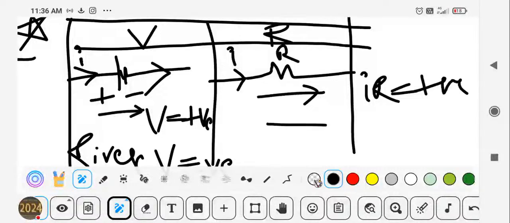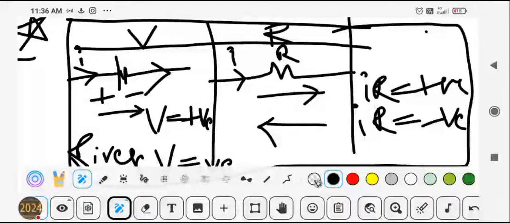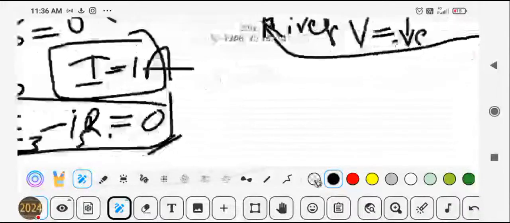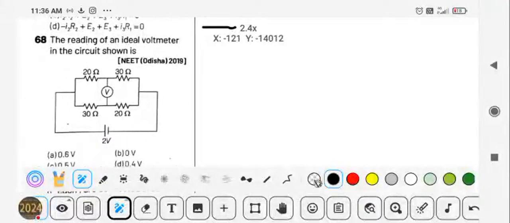If you consider the reverse direction but the current is flowing in this direction, then IR is given as negative. If you remember this topic, whatever circuit questions they ask, you will solve very easily with your fingertips. Okay. Next, moving on to the next question,